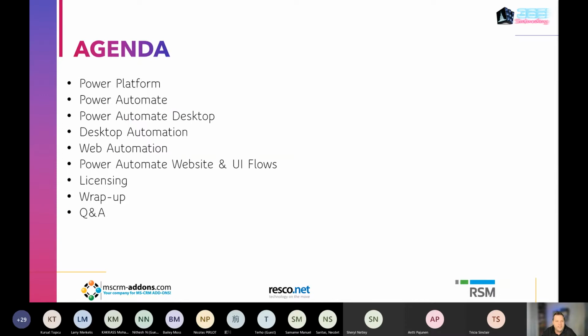So for the agenda, I'm going to talk a little bit about Power Platform. I'm going to skip through that really fast. After that, I'm going to talk about the Power Automate, what it's all about, and what parts we all have in there. And then I'm going to zoom into Power Automate Desktop. I'm going to talk about how you can do desktop automation, and desktop automation is the type of automation where you can automate the applications on your machine. And web automation is the next part,